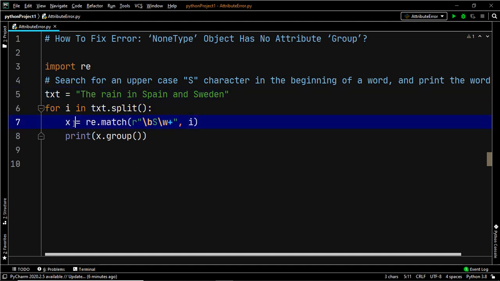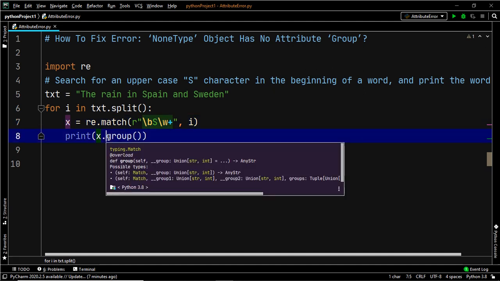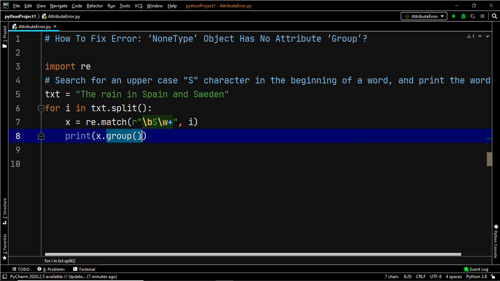So when x tries to match and find if there's an uppercase S character within the word the, it finds none. So now x equals none, and we are trying to access the attribute group for the none type object x, and that's why you are getting the attribute error.